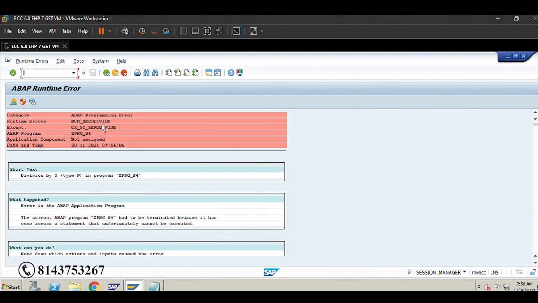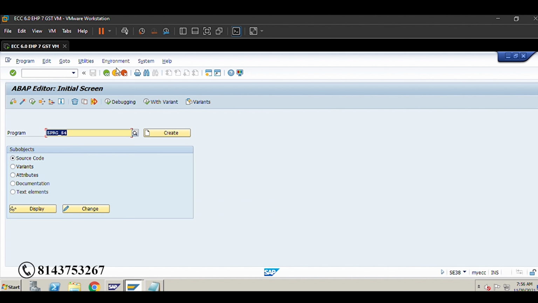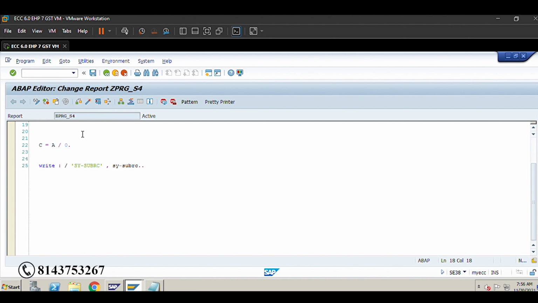Let me show you. That means if you get any error here, the value cannot be divided by 0, so it is giving you an error and going to dump.